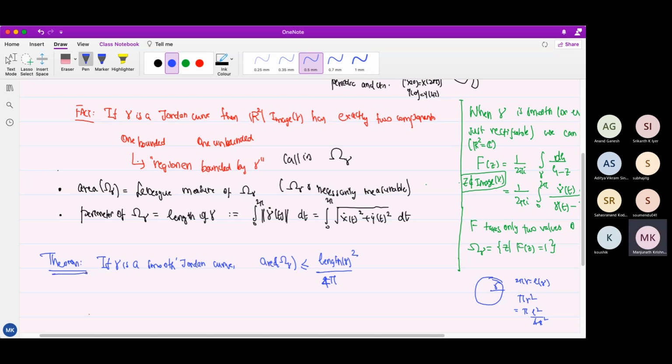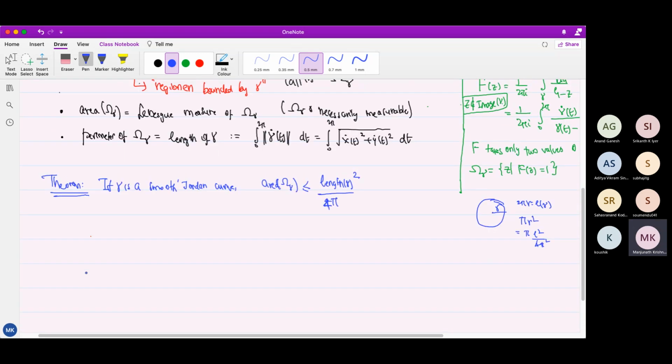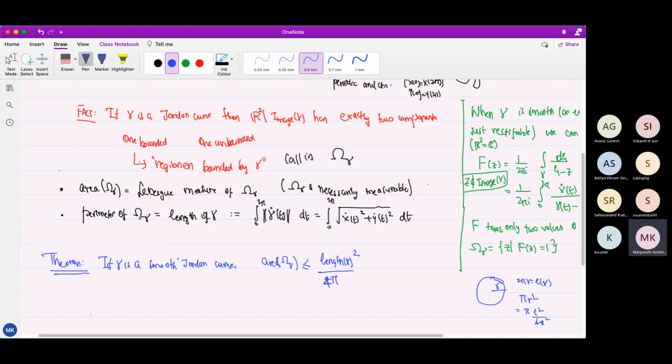This is, as I said, a limited isoperimetric inequality, which is all we will do. Again, this can be done using Fourier analysis. That's why it is nice. It's a simple application of Fourier analysis. So let's do that. But before that, one small point. For length, I gave a formula. For area, I didn't give a formula. So we need a kind of formula to work with. So maybe I do that first.